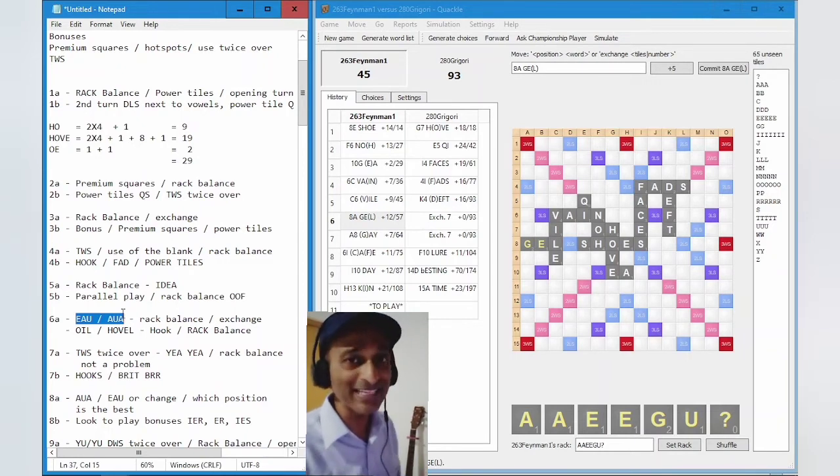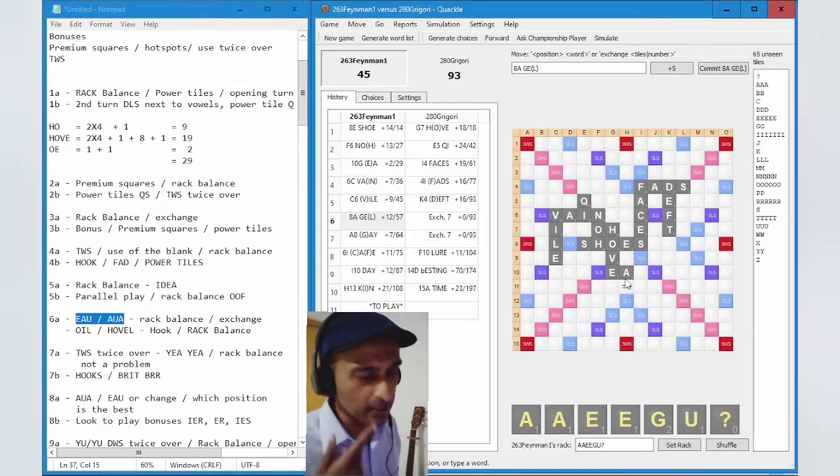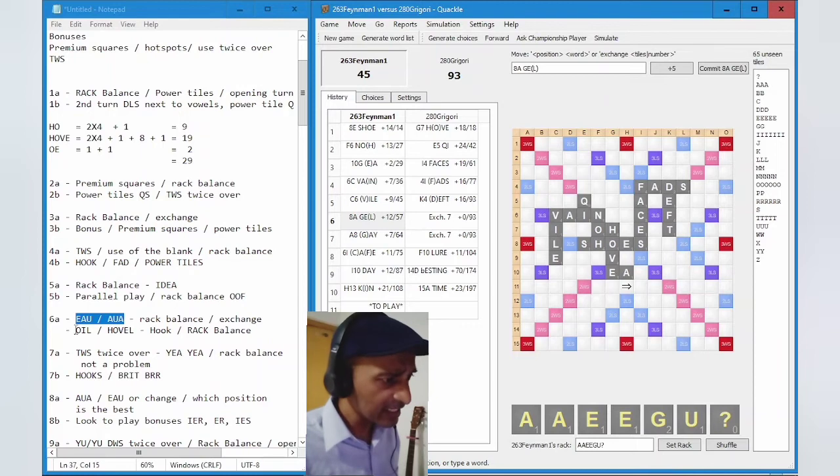offload your excess vowels. Now this is what he should have tried to do. He should have observed on the board any locations for him to play those words, instead of playing the only consonant that he had. Either that, or if he didn't know those words, he should have exchanged, or thrown away his bad cards. All right, let's look at